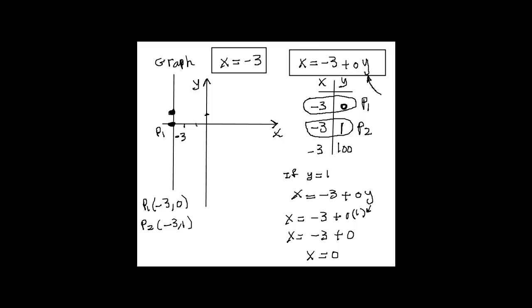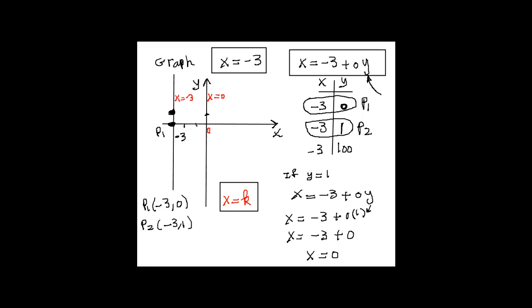Can I see a check mark next to your name? Do you understand the graph of a vertical line? As I said earlier, the general equation of that would be x is equal to k, as Renee said earlier. That means if y is missing, we are looking at a line that is vertical and that passes through point k, whatever k is. So the line passing right on top of the y-axis, the equation of this line would be x is equal to 0, and this is x is equal to -3,